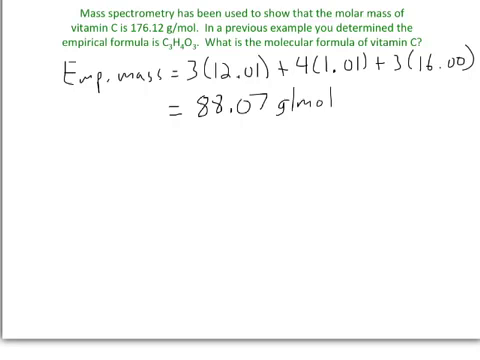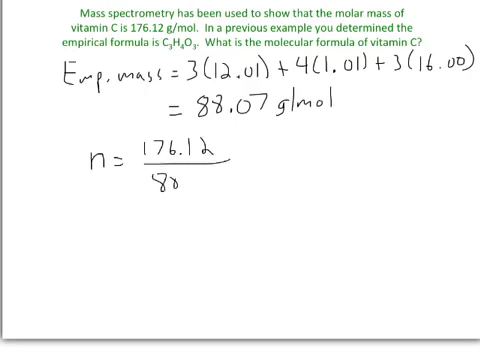grams per mole. So now to determine the multiplier, I'll take the molar mass and divide that by the empirical mass. This should come out to be a whole number, and that whole number is what I need to multiply the empirical formula by to get the molecular formula. So my multiplier, the notation we like to use is N, is